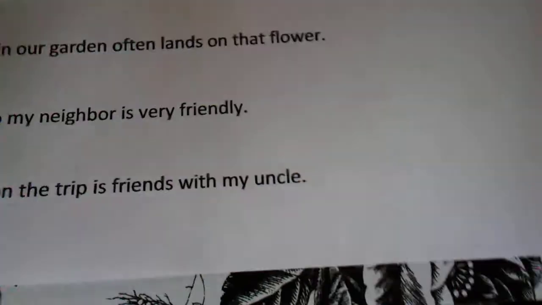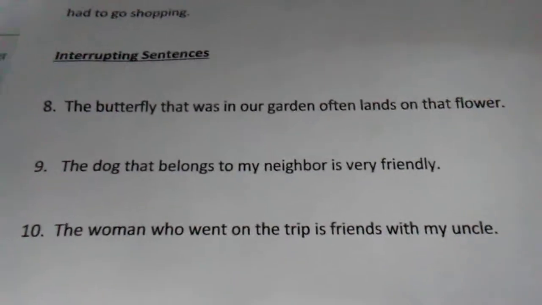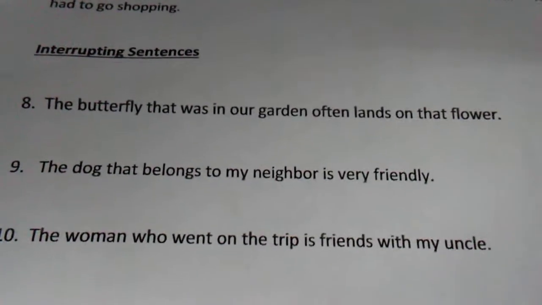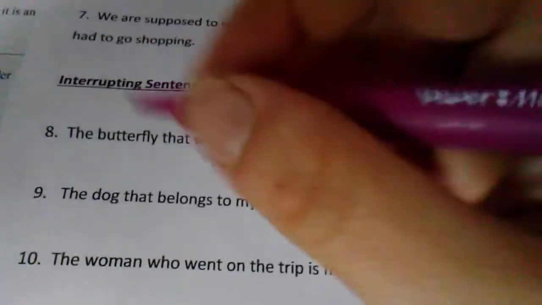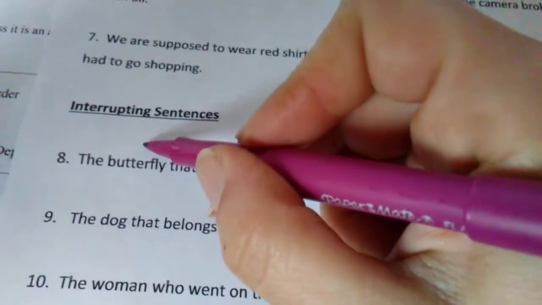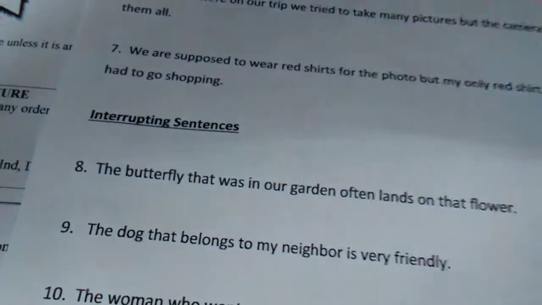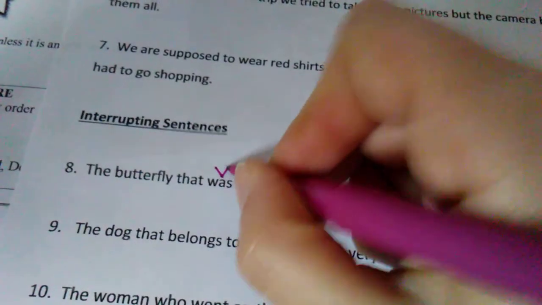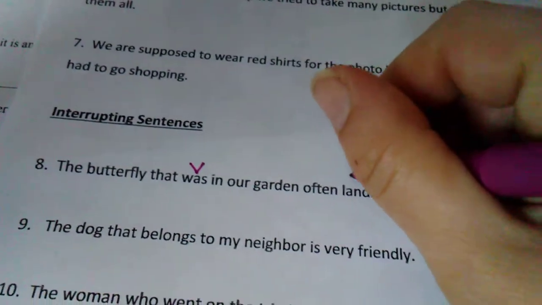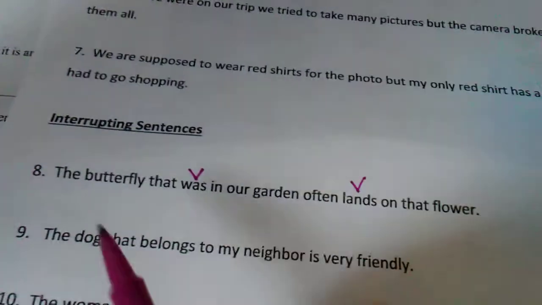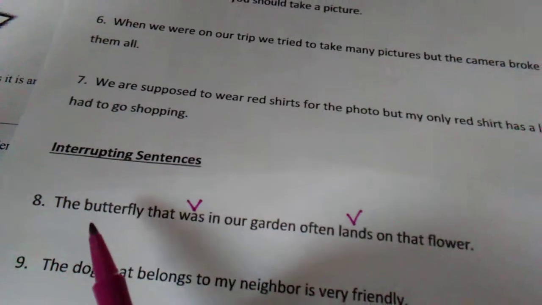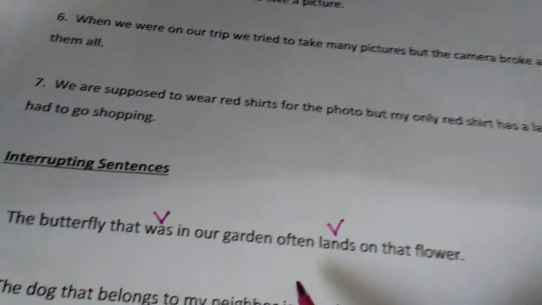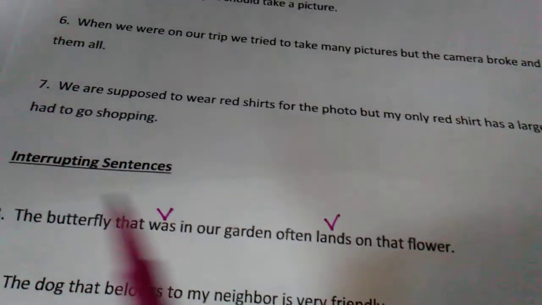Okay, the ones here at the bottom are challenging because they have a clause that interrupts another clause. So once again, we want to try to label our subjects and verbs, and it does get a little confusing. I find it easier to find the verbs and then go back and get the subjects that go with them. So our two verbs here are was and lands. So then we've got the butterfly that was in our garden often lands on that flower. Okay, so